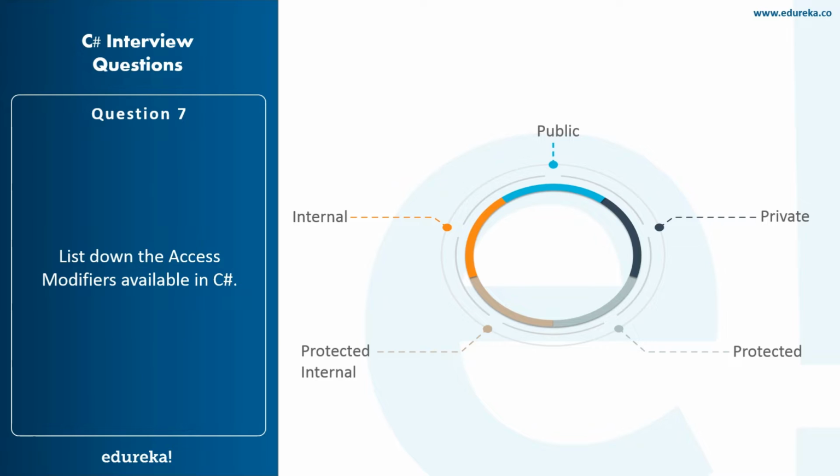Now let me talk about the private access modifier. Whenever a method is private or when there is a private attribute, it can be accessed from within the class itself. So let's say you have created a certain class under which you have defined a certain variable as private. Then if you try to call it from outside that class, that private variable won't be accessible, as it can be accessed from within that class itself.